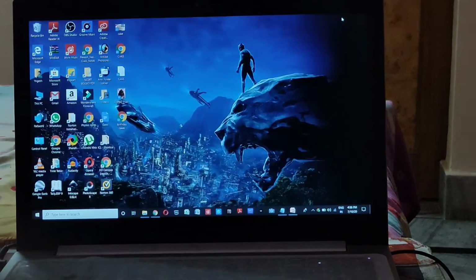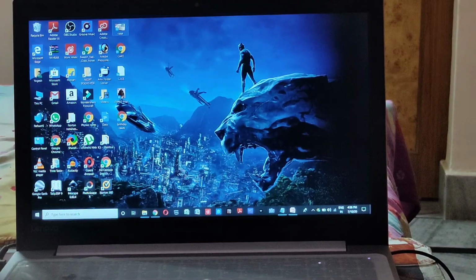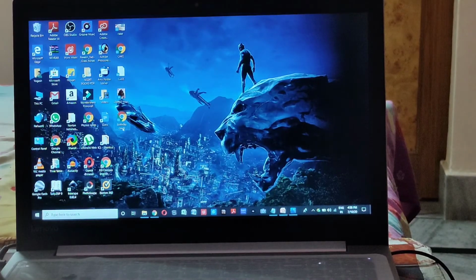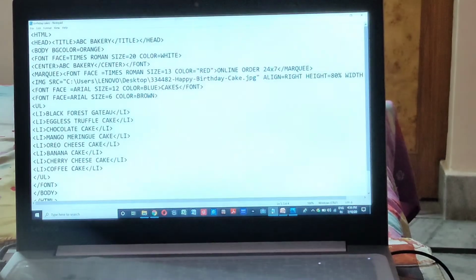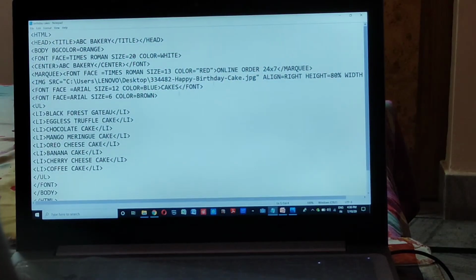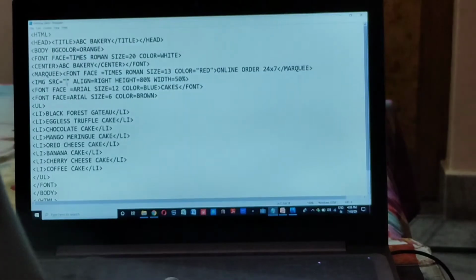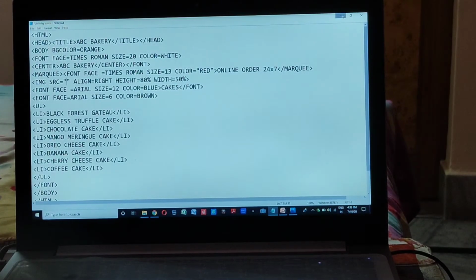I'll again give the path of this file. I have one more image here. Let me insert this one. There may be some technical problem, so I can change the path of this file. Maybe there is some problem in this file path, so I can change this path here. Let me check.